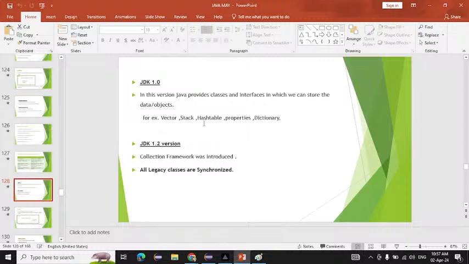These classes and interfaces they have before the 1.2 version to deal with objects. If they want to store multiple elements into a single object before 1.2 version, because inside the 1.2 version the collection framework was introduced, so before 1.2 version they were dealing with the Vector, Stack, Hashtable, Properties and Dictionary only. So inside the 1.2 version what they did, they introduced the collection framework, and whatever previous classes we have,